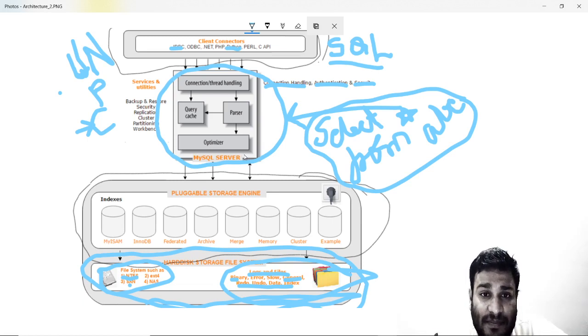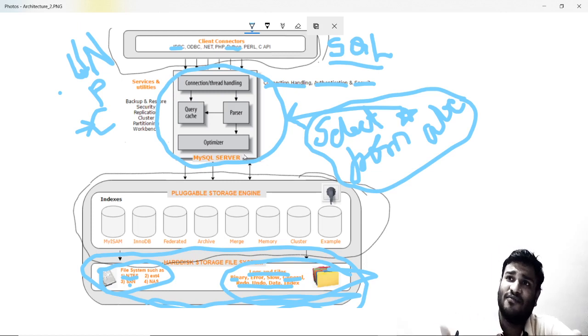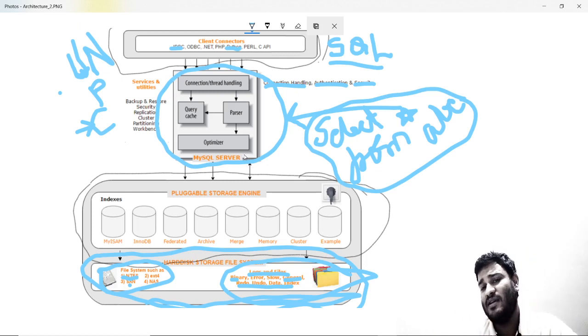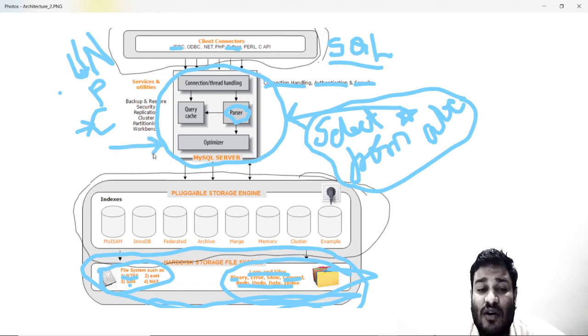For example, you might be using a nested query in which you say select star from, again saying select star from ABC. So this is the same query. The data of ABC will be pulled out in the first query, and then you are using the same data, and again letting it out to the output window. So the optimizer will identify these things, and make sure that duplicate things and rework are not done, so that the performance of your MySQL server is good.